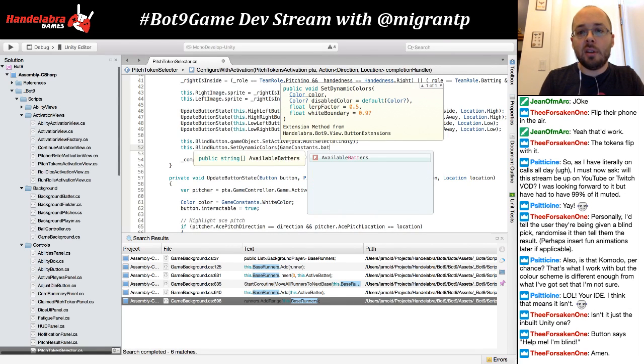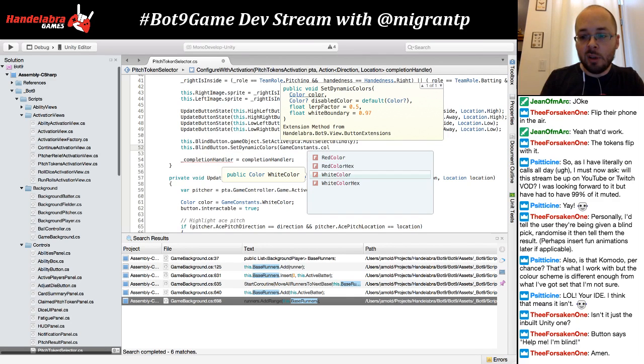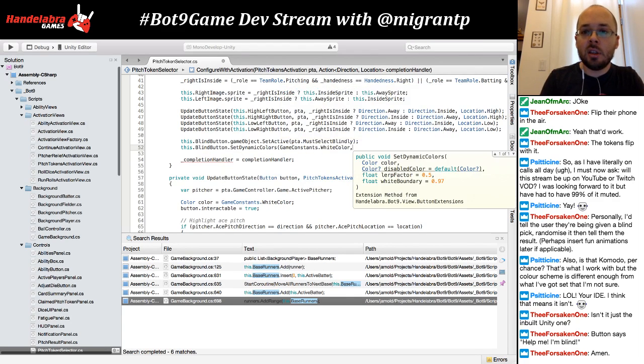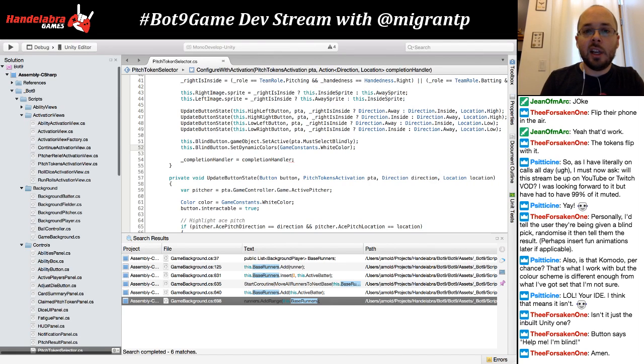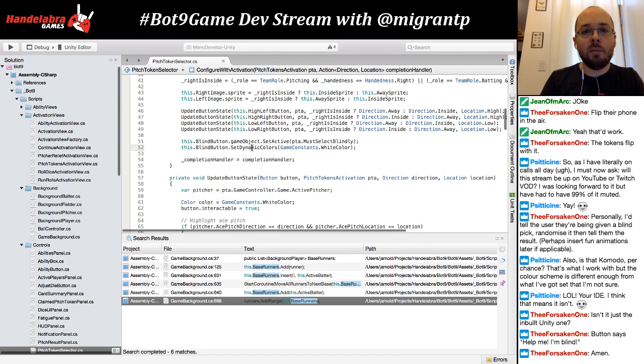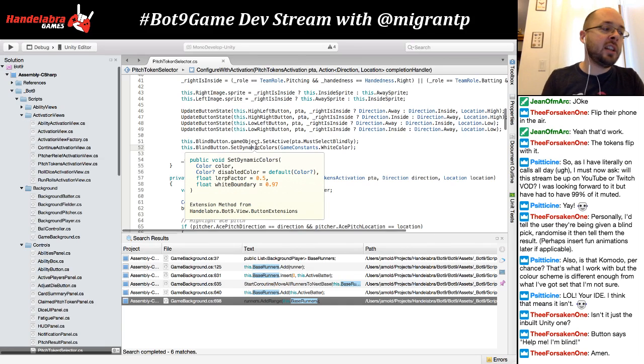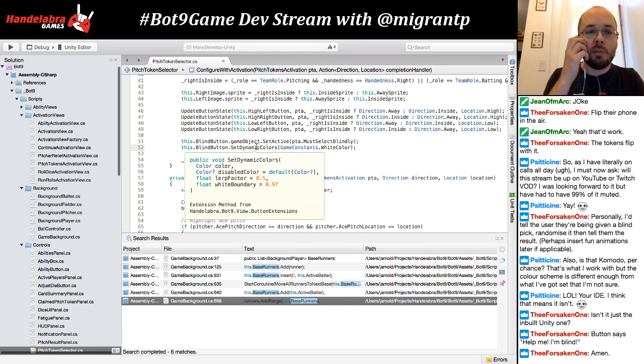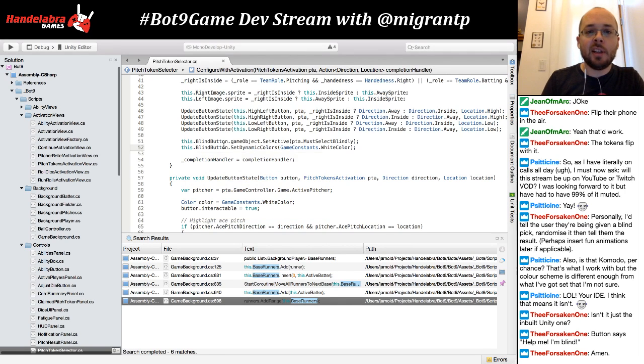We have, where's my colors? It's the white color, the whitish color, and we'll do that. So this is a handy way to say set a color and then the highlight and pressed colors automatically get changed. The button says, "Help me, I'm blind." I'm not sure why there was an amen, but